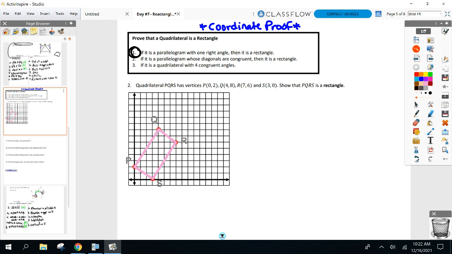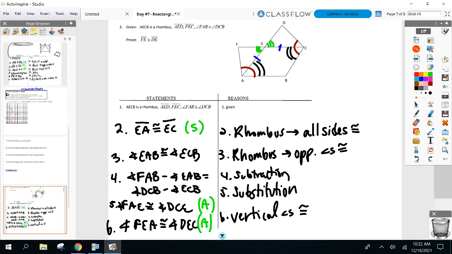So the first thing you're going to do with me in this proof is first prove to me it's a parallelogram. Good news about these proofs, do it any way you want. Remember on our last proof with the rhombus question, this was the only way to do this proof, by proving the triangles congruent by side angle side, or angle side angle. There was no other way to prove the triangles congruent. But here,